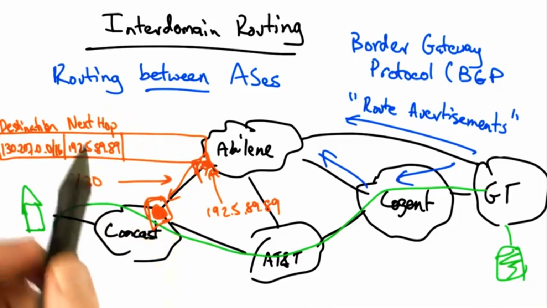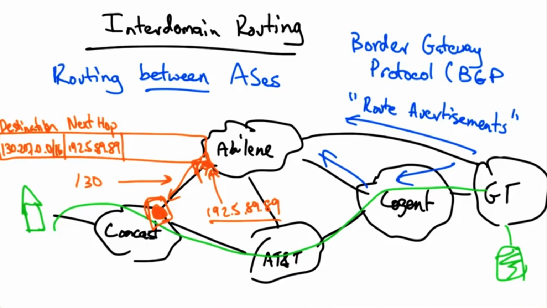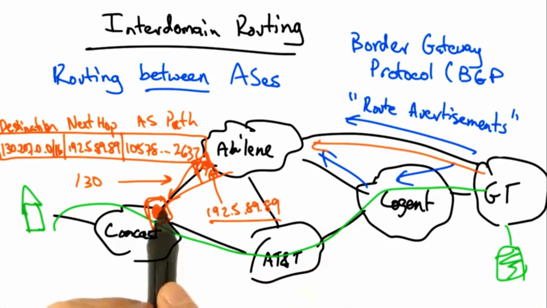Typically, this might be a /30 subnet. Therefore, this IP address is reachable from Comcast border. A third important attribute is what's called the AS path, which is a sequence of what are called AS numbers that describe the route to the destination. Now, strictly speaking, the AS path is nothing more than the sequence of ASs that the route traversed to reach